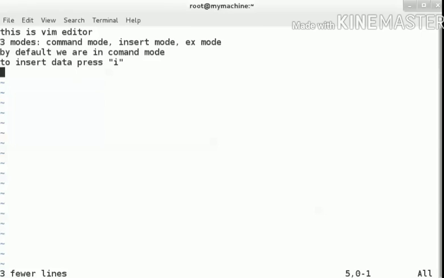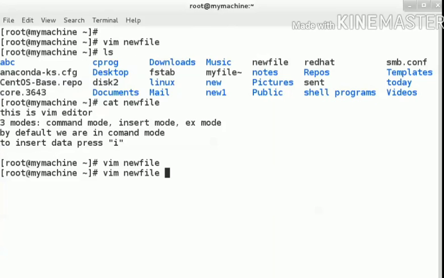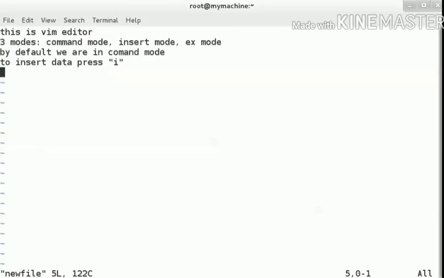So the same thing can be used for cut and paste, and the same thing is used for deleting the data. Now, if you want to save the file, then escape :WQ, write and quit, enter. Opening the file again. So this is the file. Now suppose I am entering some text here by pressing I, and I wrote